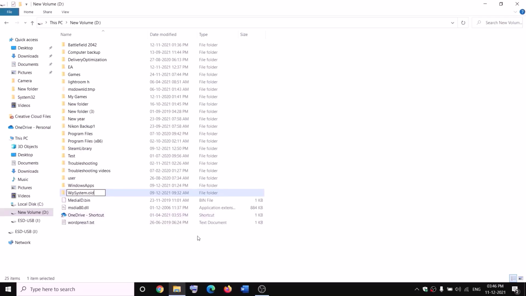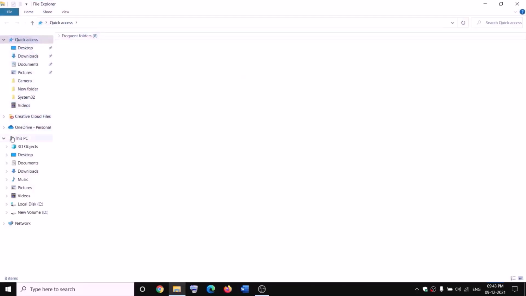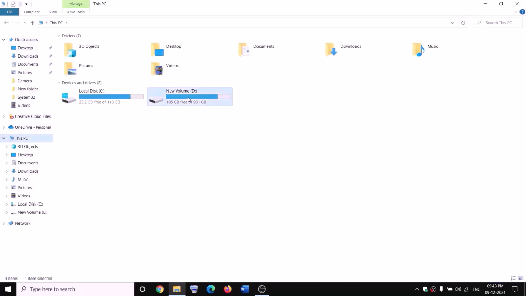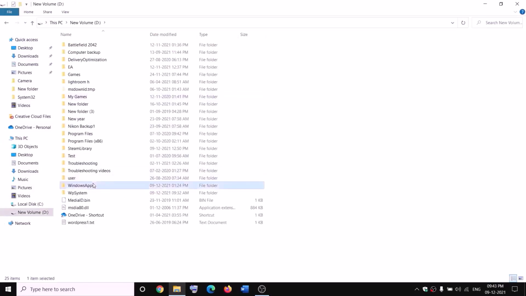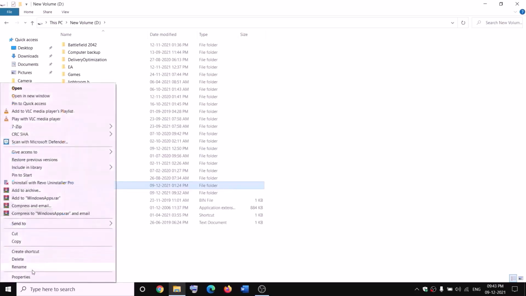Now if you still face the problem, in that case, you can go ahead and restart your computer and then try to rename it once again. Open File Explorer and then go to This PC, open D drive, then make a right click on WindowsApps and then rename it. Now before renaming, you have to take the ownership. Make a right click, then click on